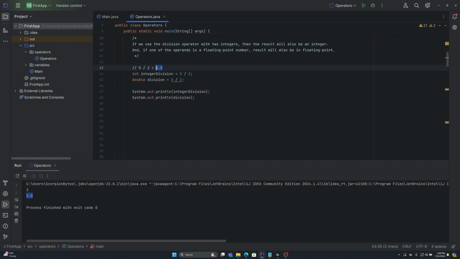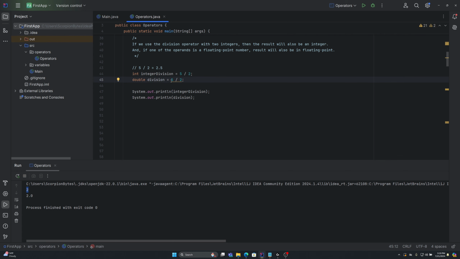And we didn't get that result, neither by using an integer nor by using a double. The problem here is that both operands are basically integers. So what happens is the result is also treated as an integer. So 5 divided by 2 will be rounded down to just 2. So when we store the result of this division in an integer, we'll get 2 because it is an integer.